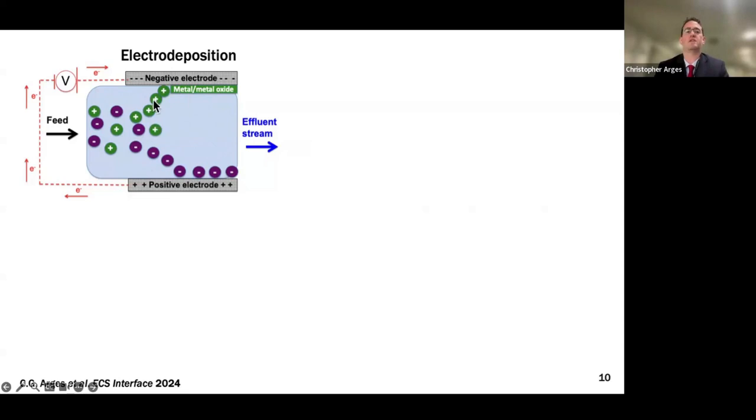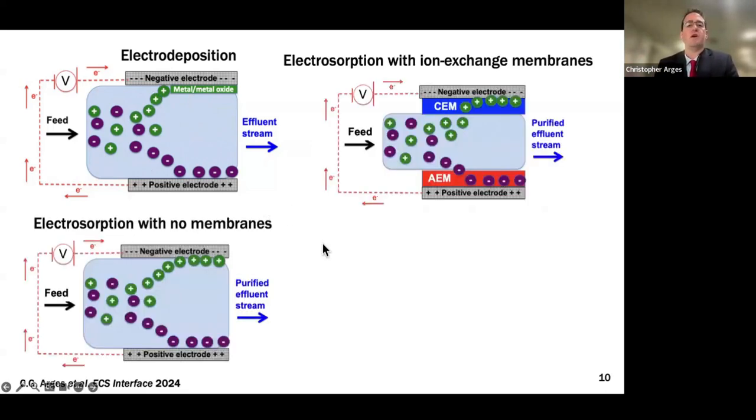And so what's nice is if you had a mixture of metals, right? You can use this electrode potential, like one potential that does the reduction of the metal where the other potential doesn't, to enable a selective separation. This is very similar to these flow diagrams, which are electroabsorption methods. So you have these porous electrodes.